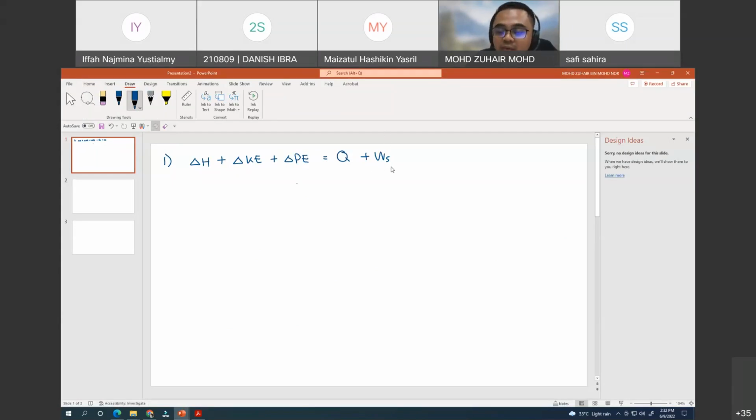Because as I mentioned in the lecture, work will be related to internal work as well as the shaft work, in which the internal work has been rearranged to be part of the enthalpy, which is U plus PV. So that's why here we only consider work of shaft. Please do the revision based on the video and the notes that I have given. So based on the question now,